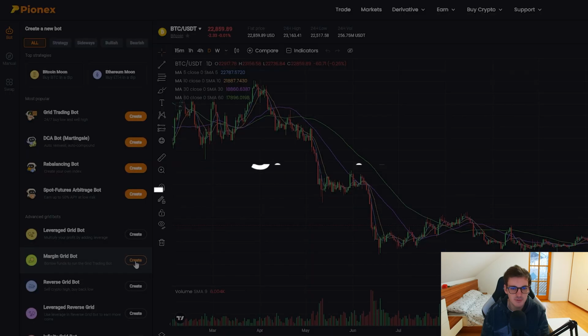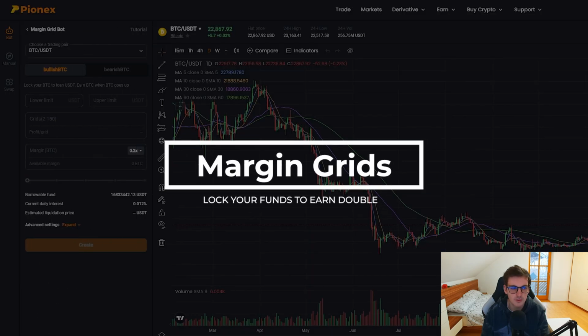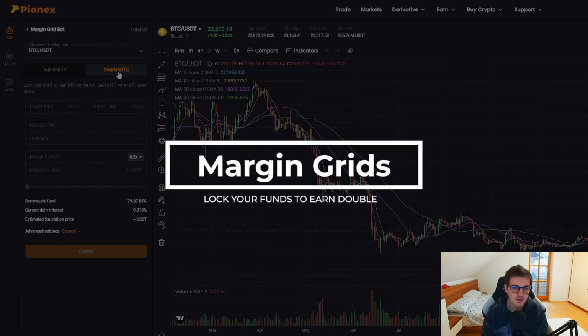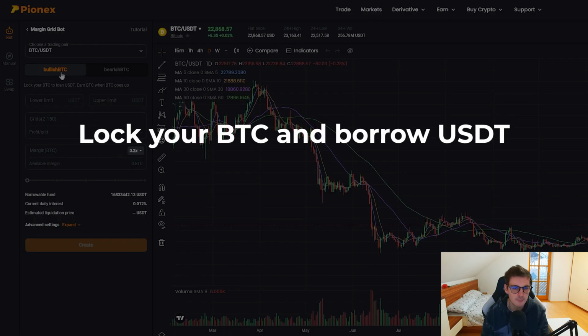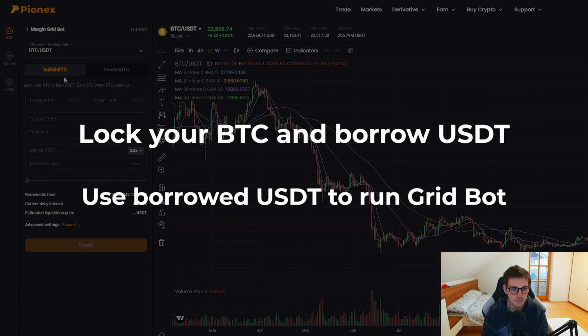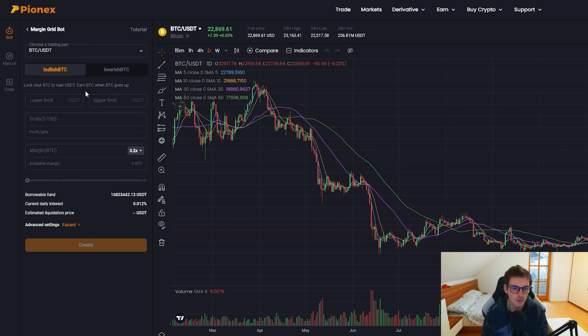Margin grid bots can be used when markets are rising or when markets are falling. Let's say we are currently holding Bitcoin and the markets are rising, but we want to increase our returns. With margin grid bots, we can mortgage our Bitcoin and borrow USDT to run the grid bot. Because the markets are rising, the price of our mortgaged Bitcoin is increasing, while the grid bot is also earning